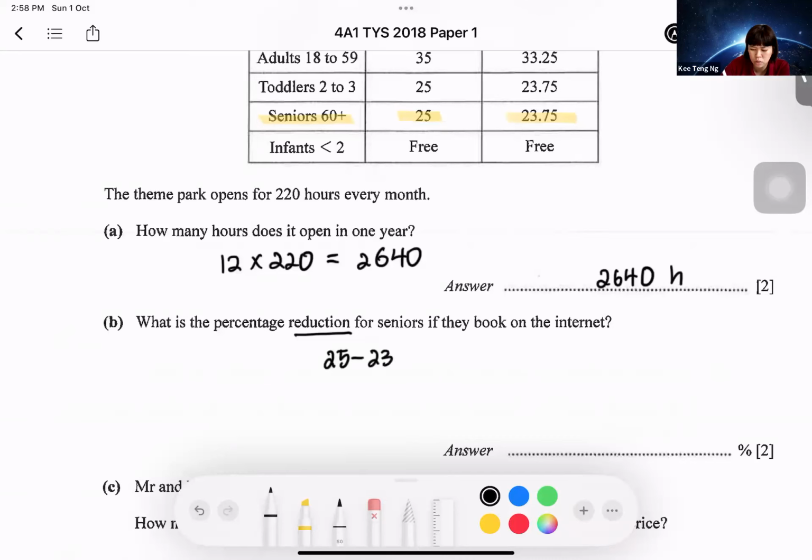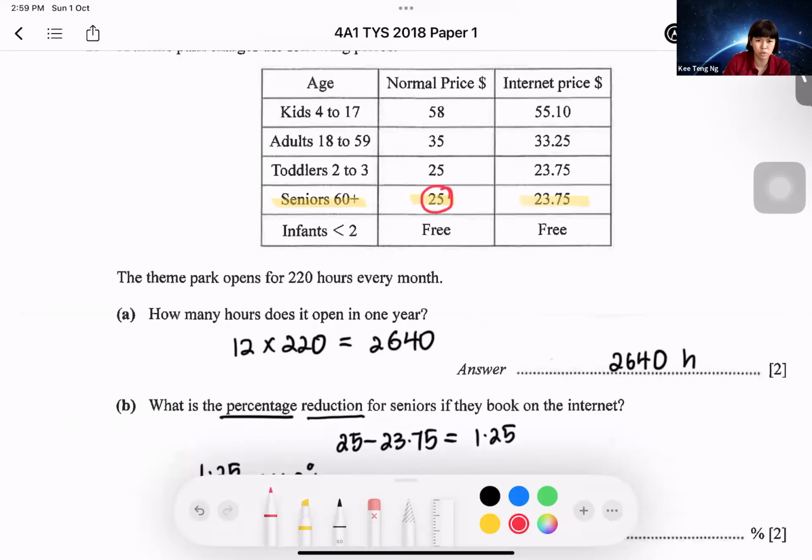$25 minus $23.75 gives me $1.25. They want to find the percentage. I do not know the percentage, so it'll be times 100%. And I have a fraction, something over something times 100%. So the percentage reduction, the reduction was $1.25 out of the original value. So the original value is the original price,